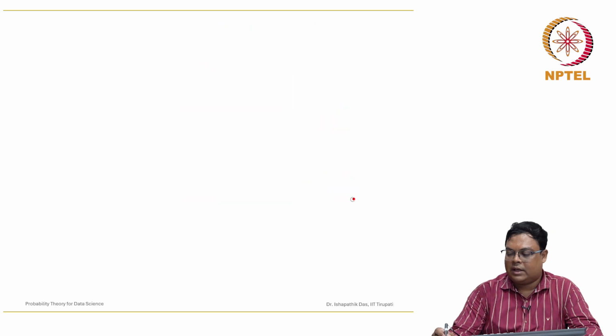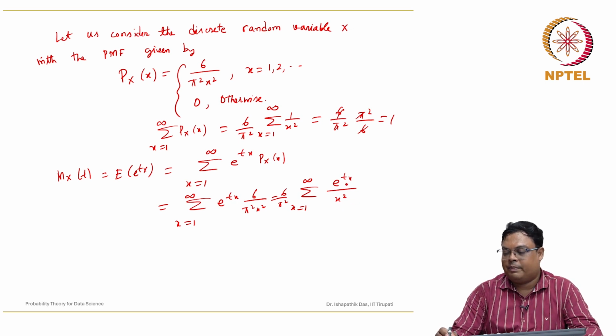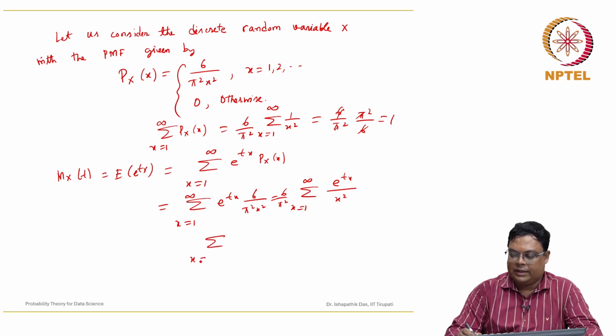How can we show that this diverges? Because e to the power of tx contains higher terms 1 plus tx plus (tx) square and so on, all positive terms. So this sum is greater than or equal to